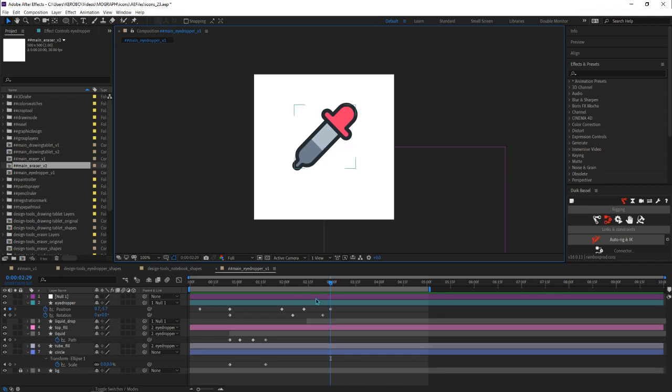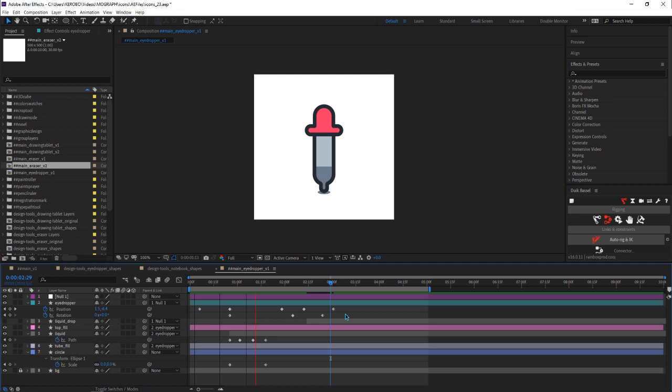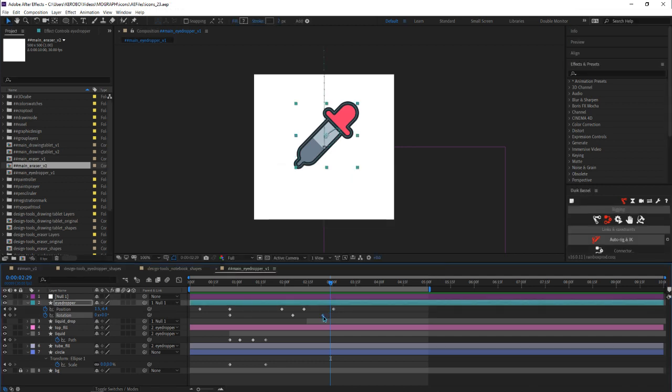Okay. Let's move that out a little bit further for the position. It's a little bit too far. I'm going to want to go into my graph editor soon too and kind of smooth certain things out. I think the last thing I want to do first,